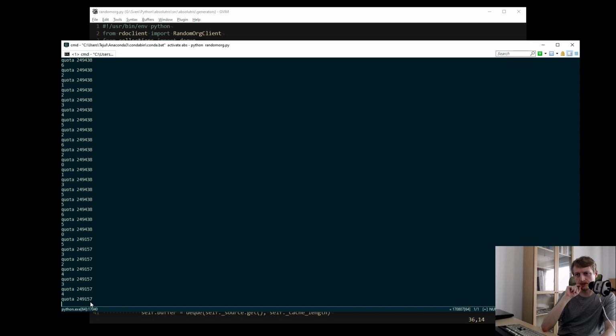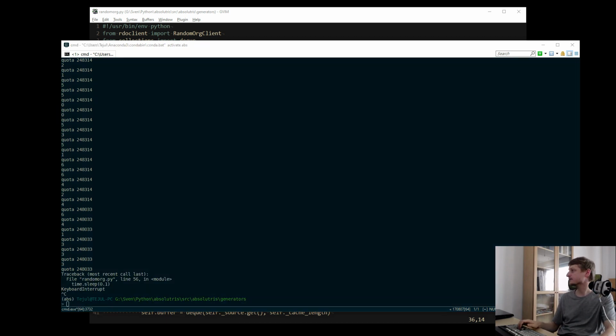And my quota is how much quota I have in this API with this API key per day. So it's something like 250,000 bits worth of randomness, and it seems to be okay.